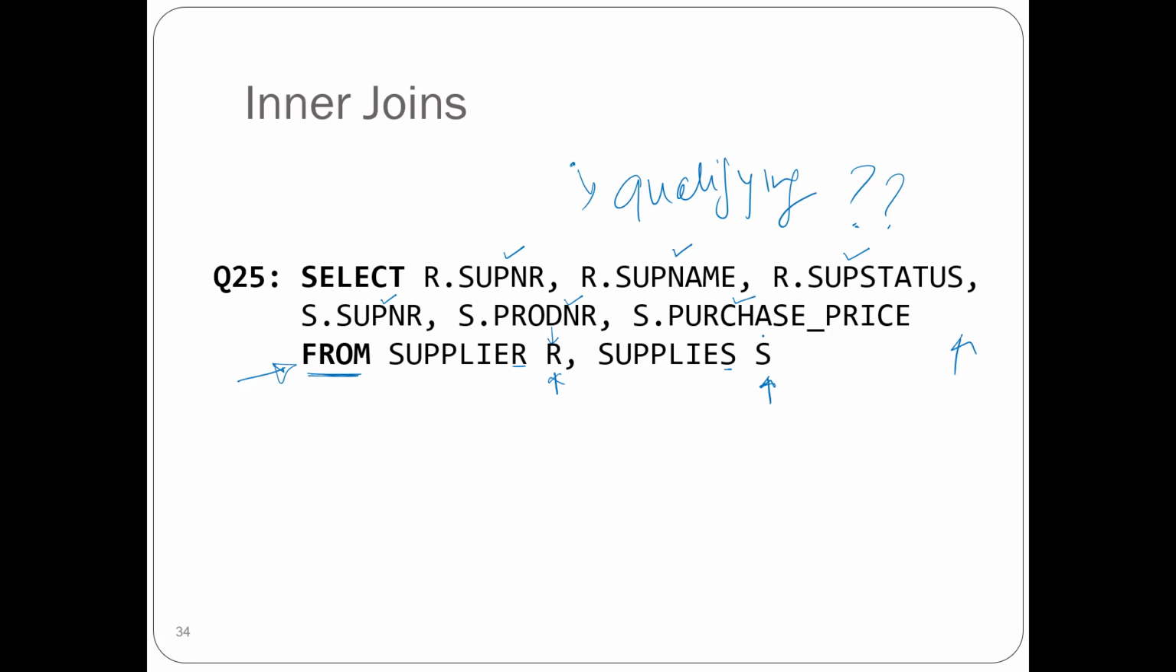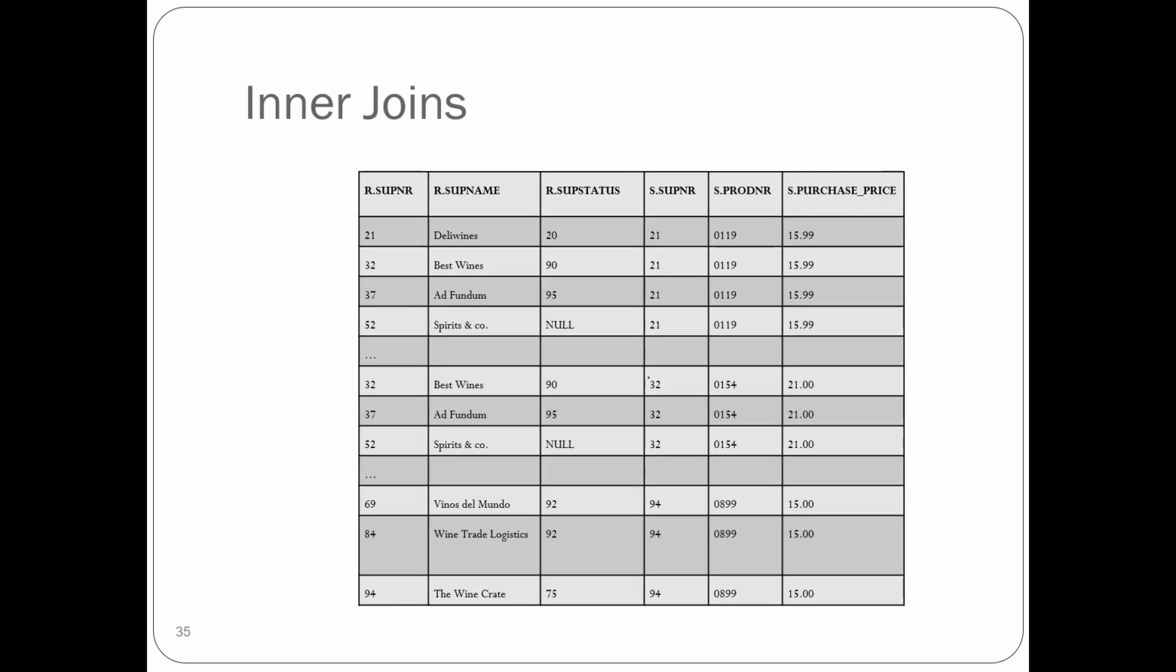S.purchase price means purchase price from supplies, right? Good. The query is simple, right? And you will run this query. And after running this query, you will find something very, very interesting, right? Something like this. Okay. So the result would have all these columns that we requested for: supplier number, supplier name,